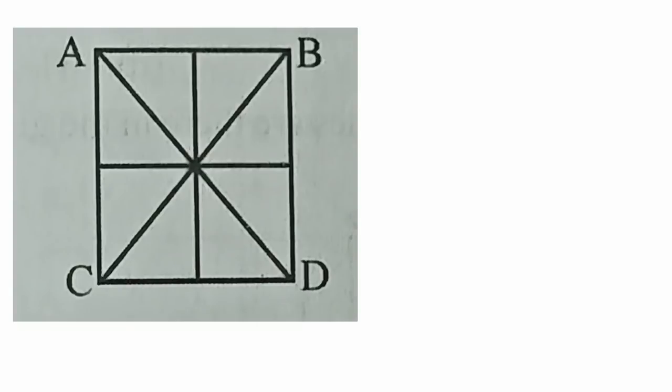Next question. Suppose if we want to find out the number of triangles in this type of figures, what we have to do is just take one diagonal and start numbering from one direction. So here there are how many triangles? 1, 2, 3, 4, 5, 6, 7, 8. There are 8 triangles. So to find the total number of triangles, just double this. That is 8 into 2, you will get the answer as 16.